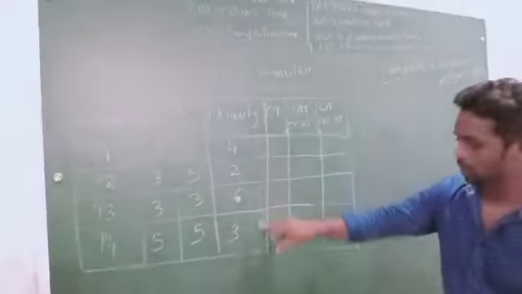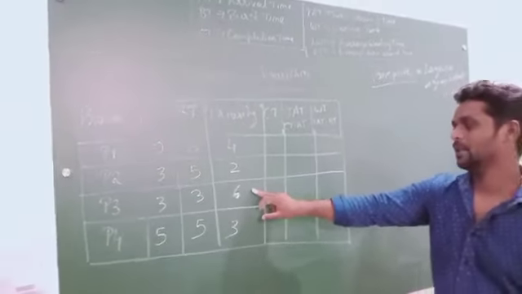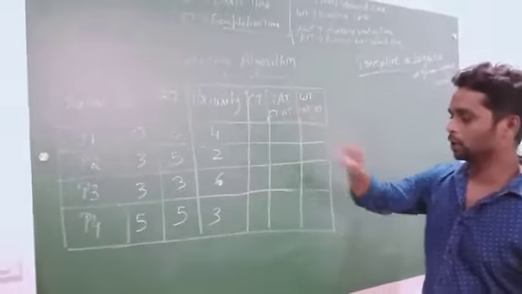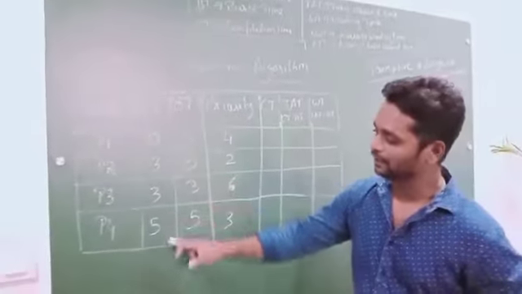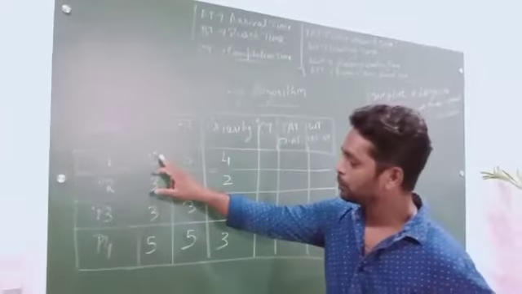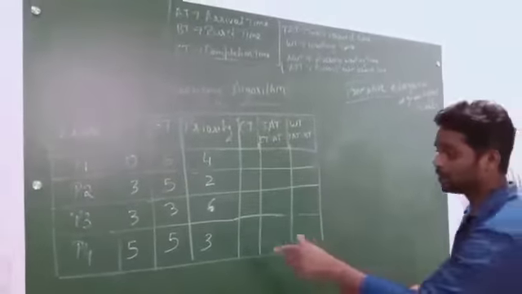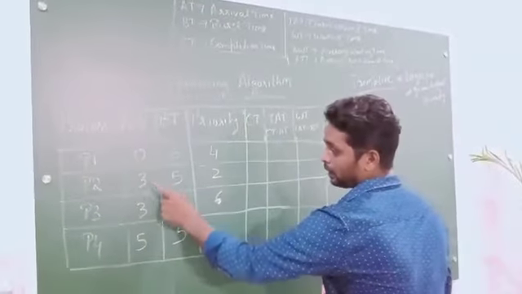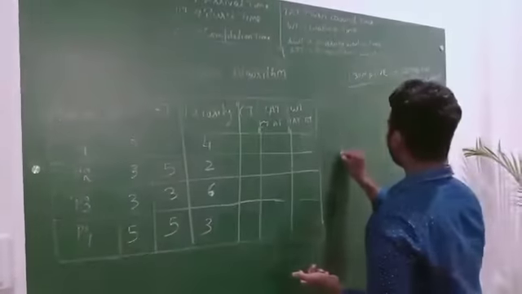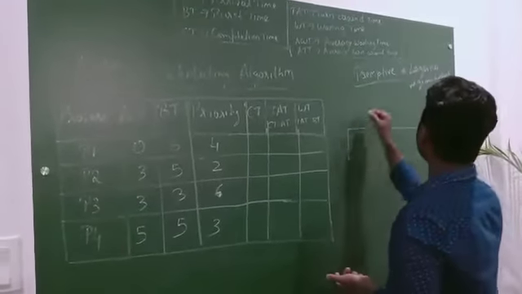You can just see in this column: 4, 2, 6, 3. Largest number is which one? 6. So this is given first priority, then second, third and fourth priority. But whenever they give arrival time, you need to execute the process with arrival time 0 until the second process arrival time. You can see here the second process arrival time is 3. Your P2 and P3 are having the same thing. We'll check what exactly can be calculated for preemptive.